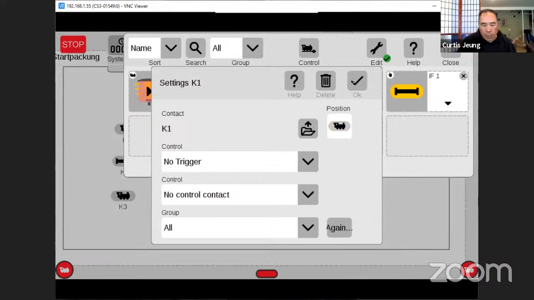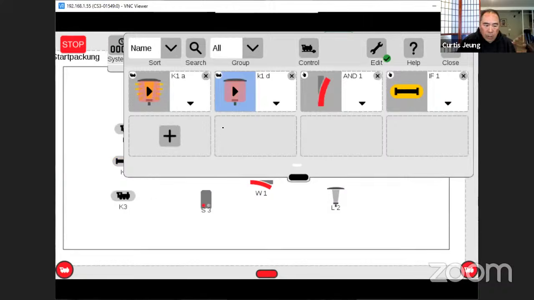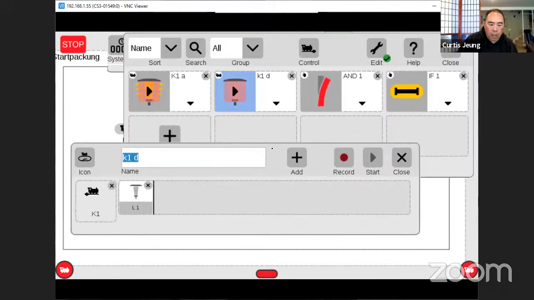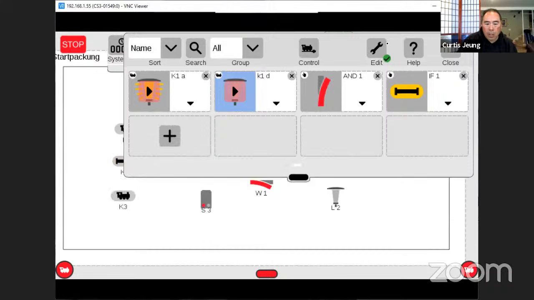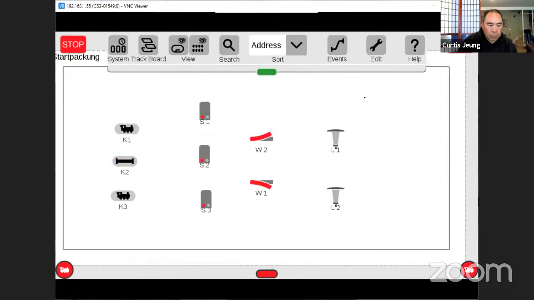This is why I like contact tracks, because if you think about a slider switch or a magnetic switch, it turns on and off in milliseconds, or however fast your train goes. But when you have a contact track, it can be on as long as the train is on that contact. And now that I've got these 2 programmed, K1 is off right now. L1 is off. When the train hits contact,